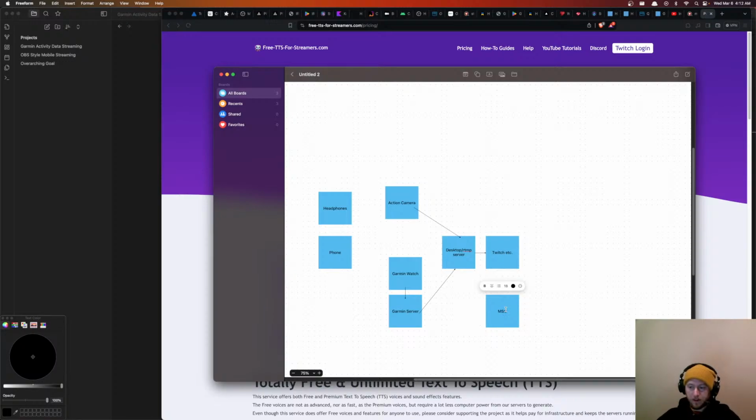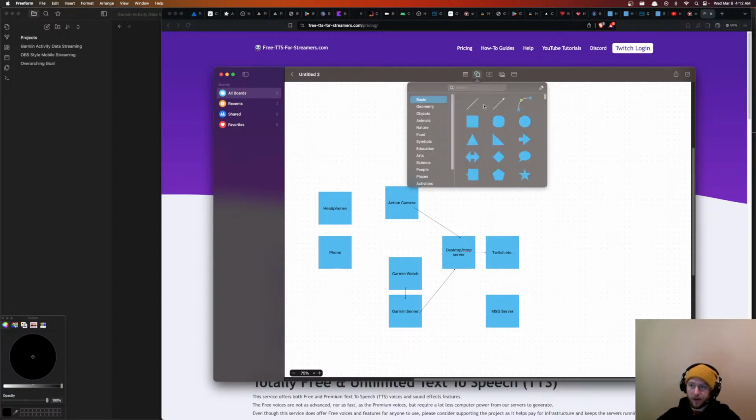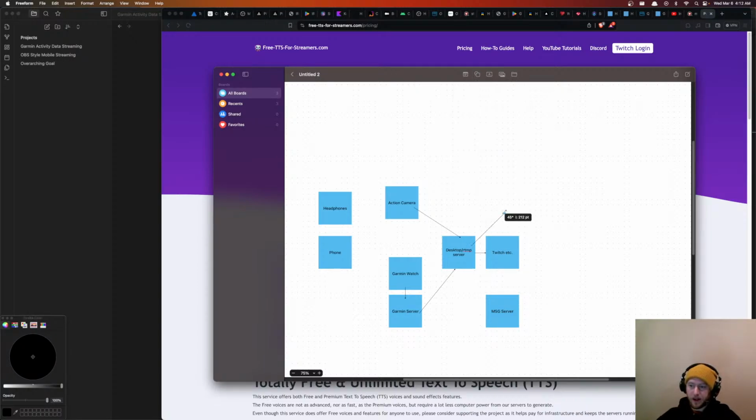How about we just call it message database, right? Message server. Let's call it message server. So we have some sort of message server that, through some sort of integration, yes, I know it's all hand wavy at the moment, but I know you can do these things. Exactly how you do them, I don't know. The message server, you can